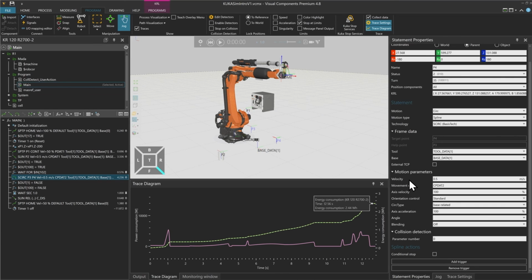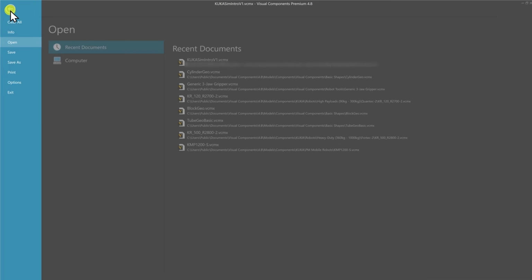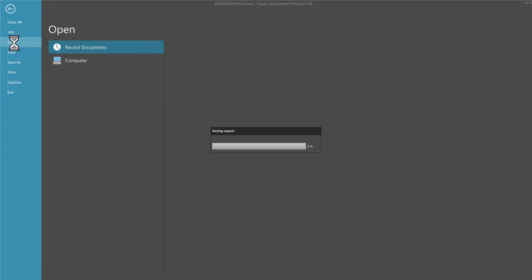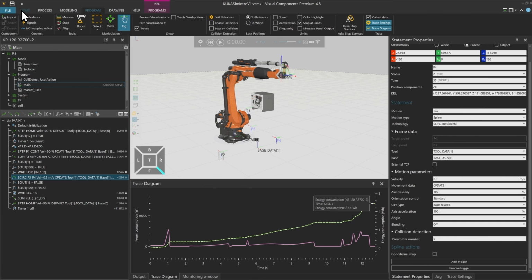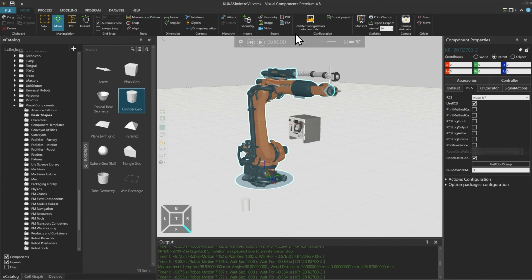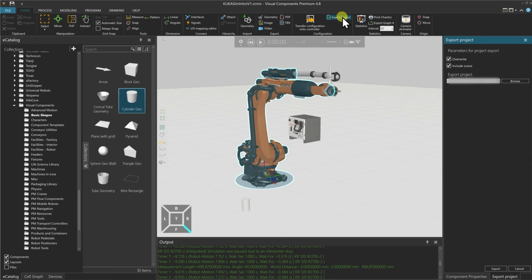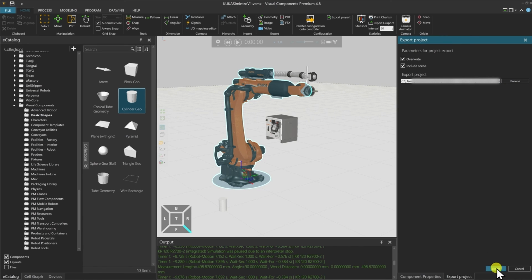The last thing that I want to show you is how you can now take the whole project as you set it up to a real controller. First, you can save this setting as you did it right now. So I'm just going to save it. And now if you go back to the Home tab, we have the configuration, transfer configuration onto controller. This will be the topic of another video. Or we have this button, Export Project. If we click on this, it will enable us the export to WorkVisual. So if I just click Export here,